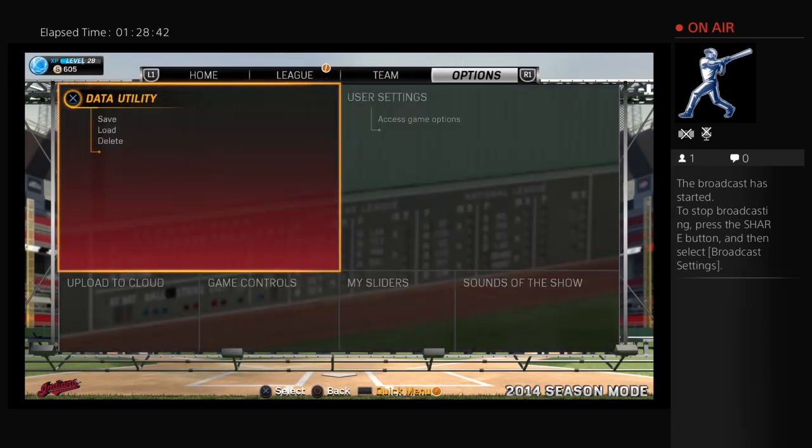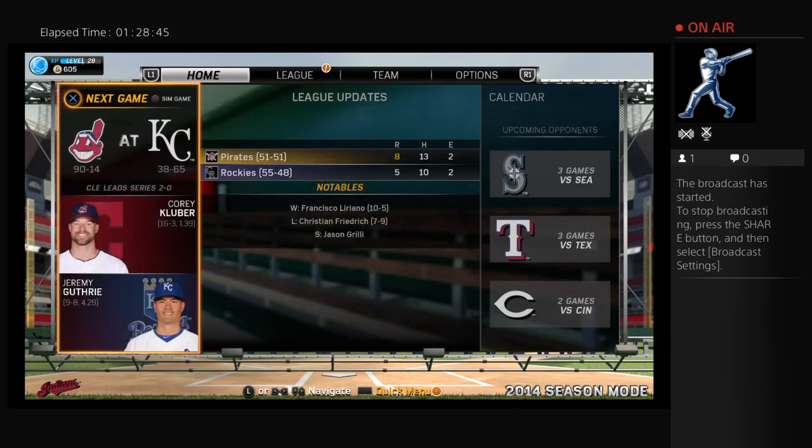The White Sox matched up against the Minnesota Twins at Target Field, and the White Sox on the road grabbed the victory in